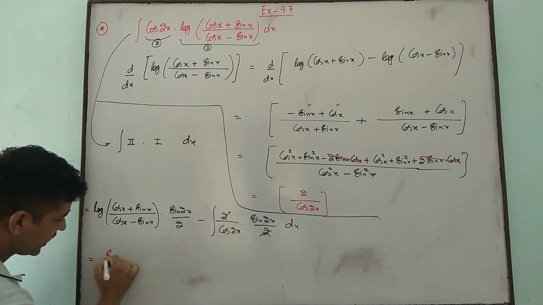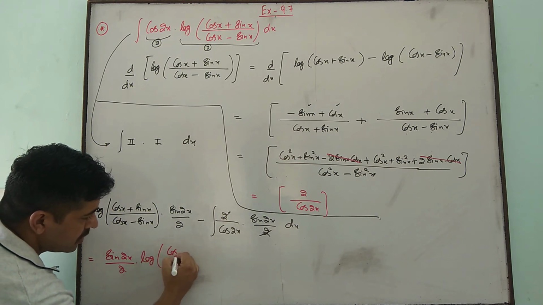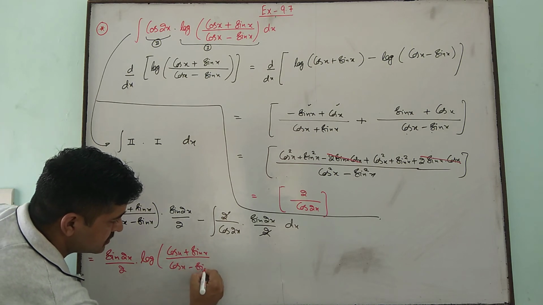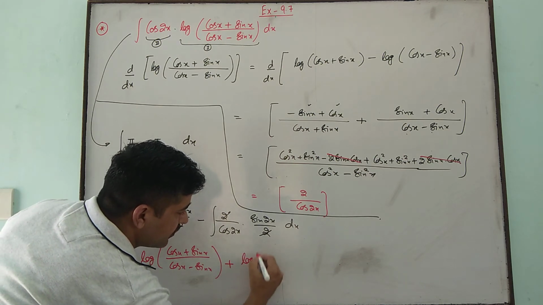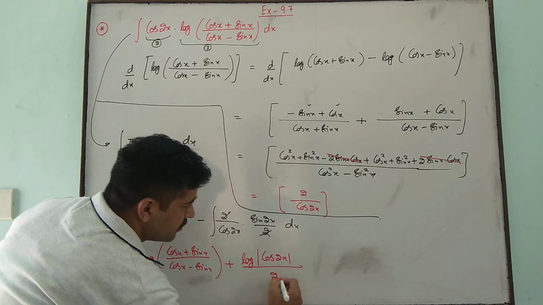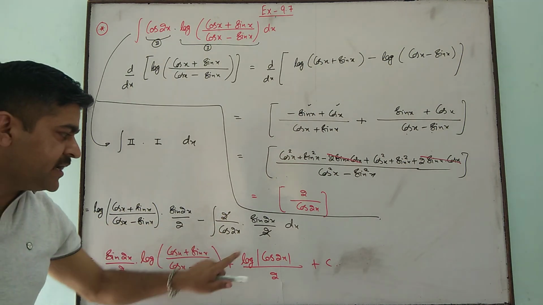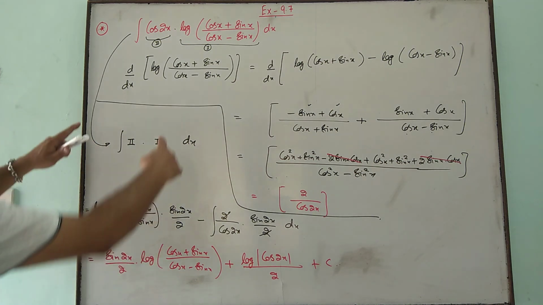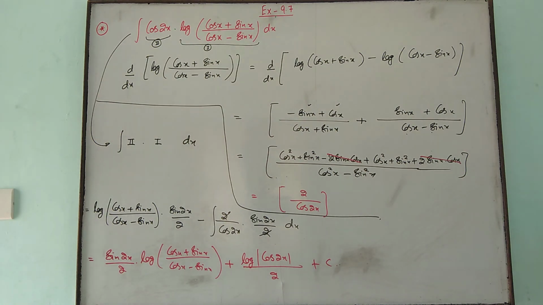So we got the integral: sin 2x upon 2 times log of (cos x plus sin x) upon (cos x minus sin x), minus and minus minus plus, log of the denominator, that is for tan of angle 2x, plus c. Sin upon cos is tan, and the integral of tan is minus log of cos 2x upon 2, plus c will be your integration. Integration is this much only. We have found the derivative of this. So some questions are different. Write it down.